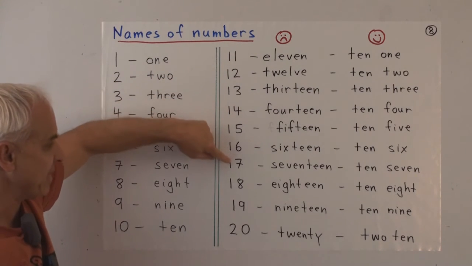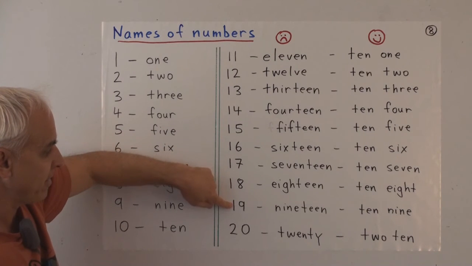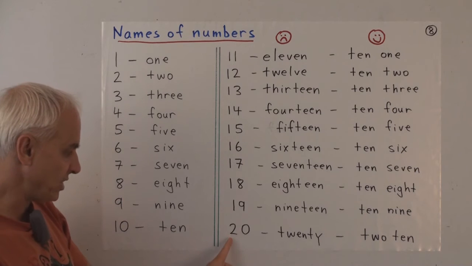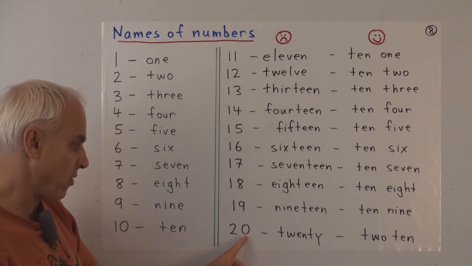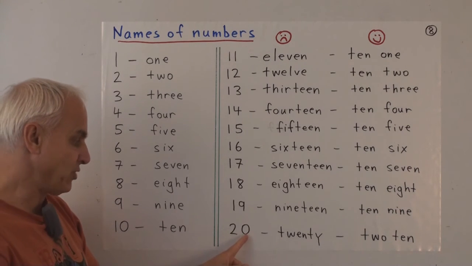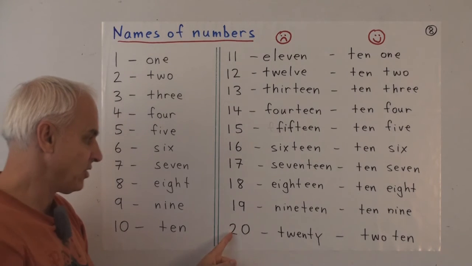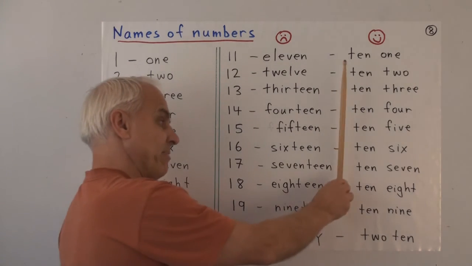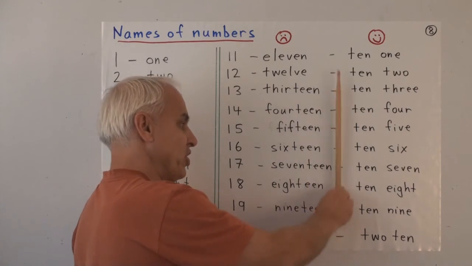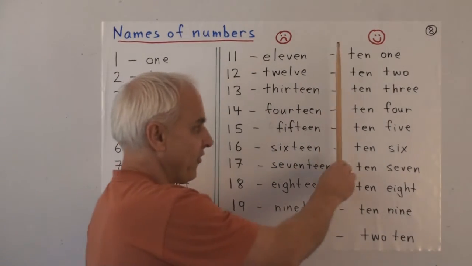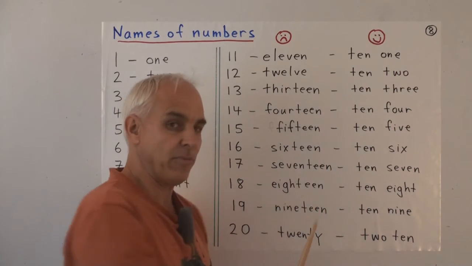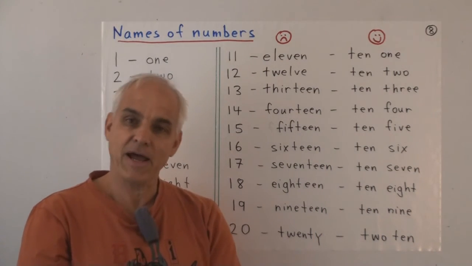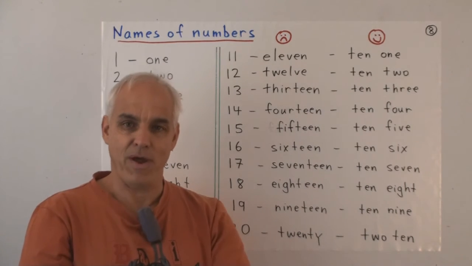10, 5, 10, 6, 10, 7, 10, 8, 10, 9, until this number. What do we see here? We see 2 tens and 0 ones, so we don't need to include the ones, we just say 2 10. So am I seriously proposing that we change from this traditional naming system to this much more logical, sensible one? Well, not altogether. But I am proposing it in a small way.